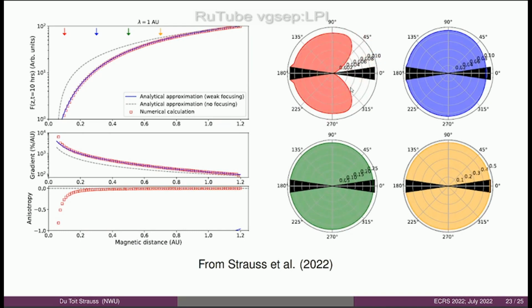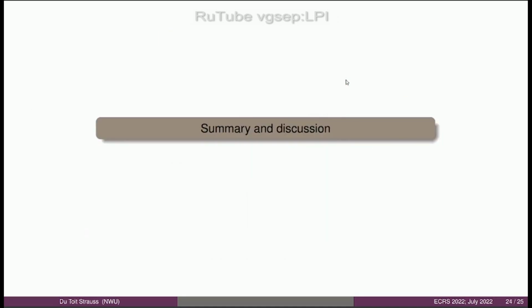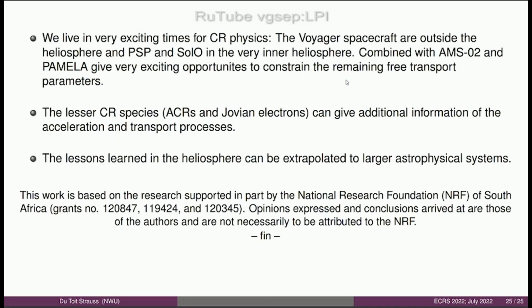We are yet to look at all the parameter space. So there's still some uncertainties in the transport. But with the new observations very close to the sun, we can actually do this for the first time and test if our Parker transport equation is actually valid everywhere in the heliosphere. So that's already the summary. If you're doing cosmic ray physics in the heliosphere, and I think the astrophysicists feel the same at the moment, it's really a very good time to do this kind of analysis.